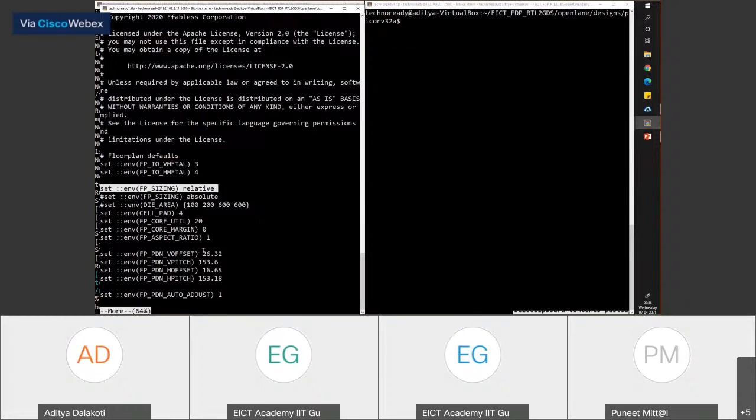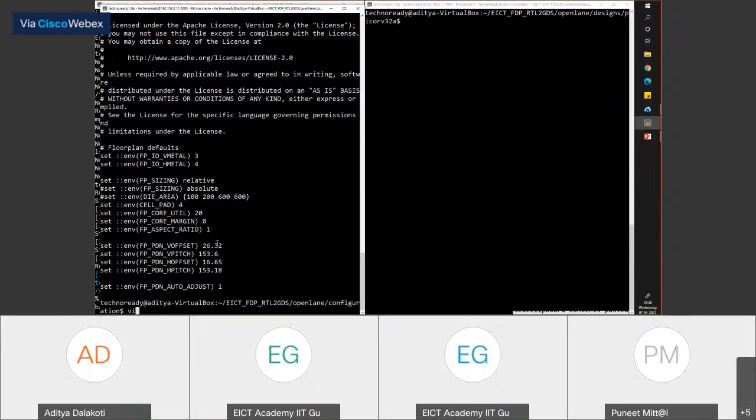Now, the X and Y dimensions are decided by the aspect ratio. I can set it to 0.5. So aspect ratio is X by Y, X direction by Y direction, and I can set it to any value, and that relative area would then be changed accordingly. So any questions on this? Because next I'll ask you to change this and run the PicoRV32 design again and observe the layout. For example, at my end I will only change the aspect ratio and run it, but you'll change the other values as well and rerun this design.